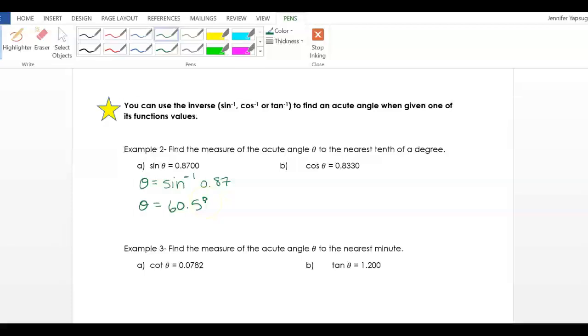All right, so go ahead and pause the video and try part B on your own. Okay, so just like in the last example, we are going to try to find this angle measurement of theta. So theta is equal to the inverse of cosine, and then we're going to apply that number, 0.833. And then again, you're going to hit your second button and the cosine button to get the inverse. And then when you calculate that, you should get an answer of theta